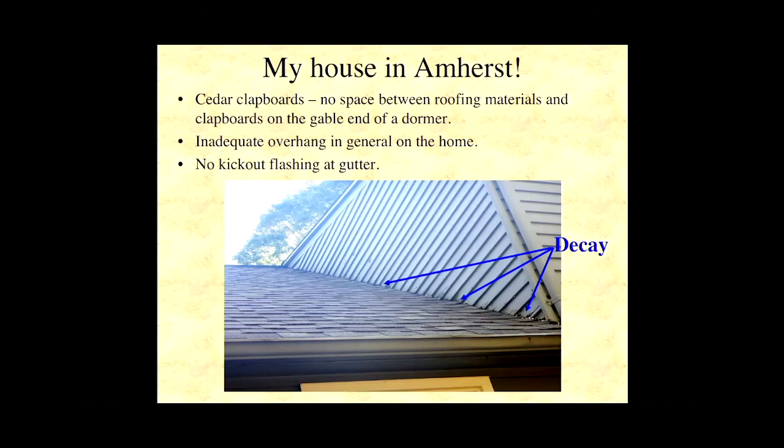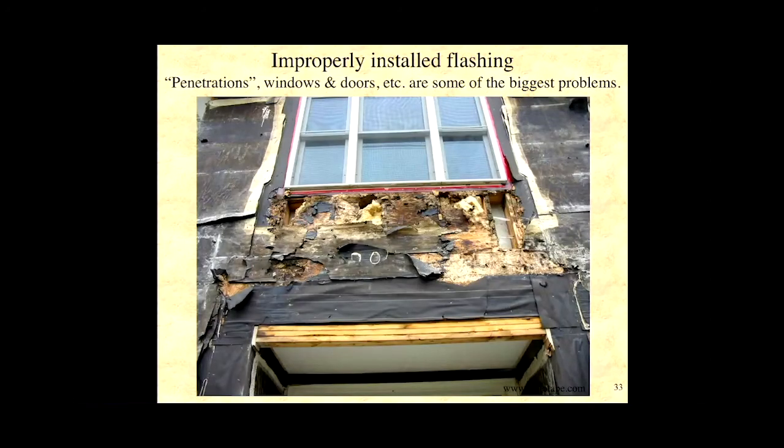having no overhang at all just means that your clapboards are going to get wet and weathered. And if you're working with wood, there's no excuse for that. You ought to have a little bit of an overhang, and those clapboards can last for 100 years easily if you do it correctly. Okay? You can't see the gutter down here, but there's no gutter kick-out flashing, which is needed to deflect water so it goes away from the house rather than back onto the cut. So most of this is practical, common sense stuff, but you need to be aware of it.